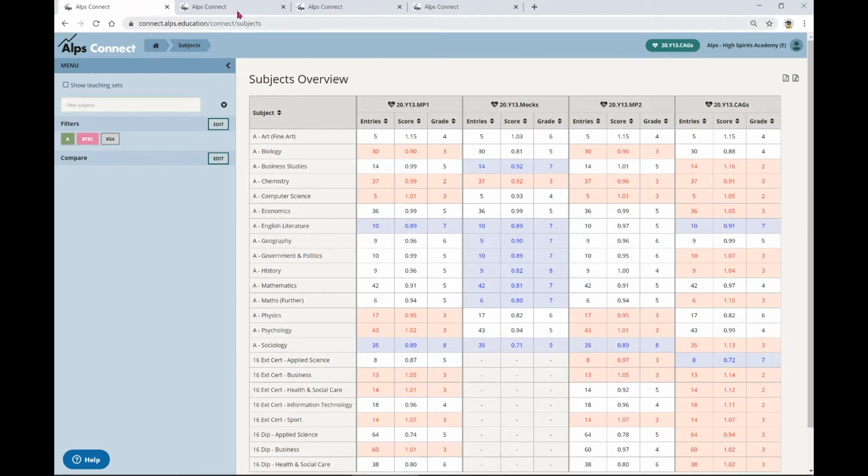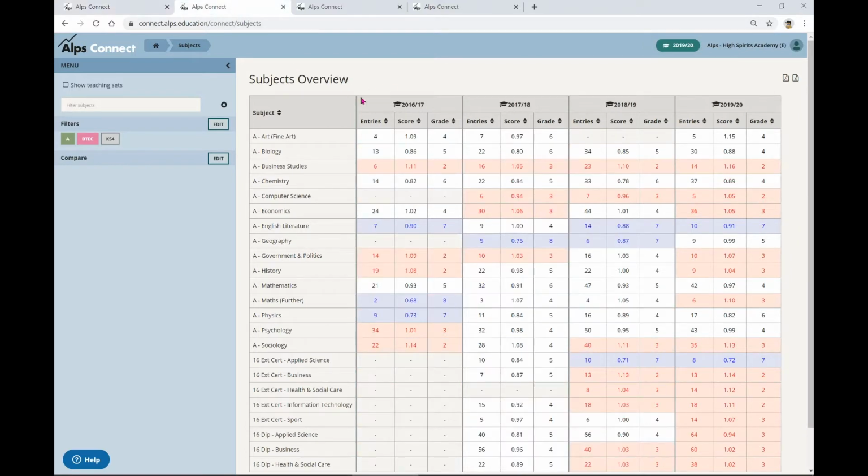And if I just flick over onto this tab, you can see here that we've got our actual results. So for biology, you can see that there have been grade 5s and 4s, and so to jump up to a high grade 3 was probably a bit unrealistic, and that was why it was brought down. Chemistry, we can see here, as an improvement journey, did much better in the CAGs than they did there. So that was one we got away with a little bit.